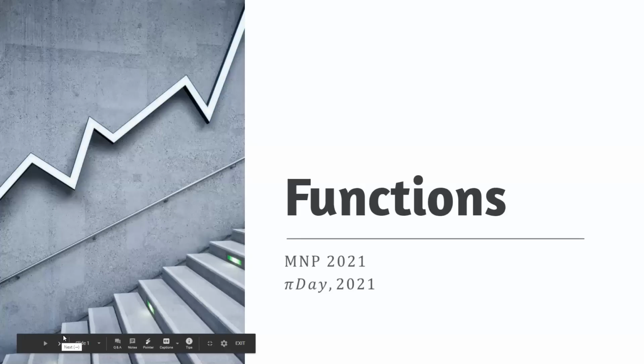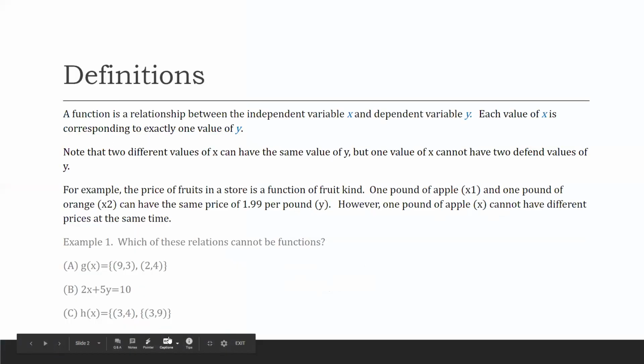So today we're going to talk about functions. A function is a relationship between the independent variable x and the dependent variable y. Each value of x corresponds to exactly one value of y. Two different values of x can have the same value of y, but one value of x cannot have two